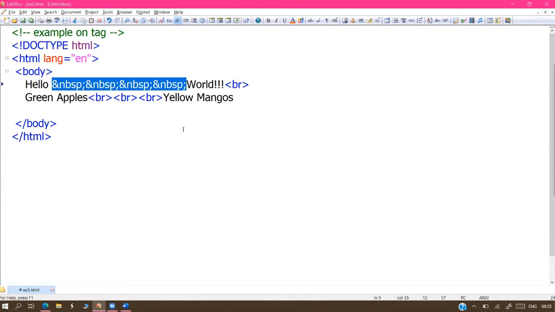If I need 10 spaces, sir, you should repeat this operator 10 times. If I need 100 spaces, then instead of this operator, we should go for CSS settings. Because if you want to print 50 or 30 spaces, this is a lengthy process. So instead of this operator, better go for the CSS settings. So that is the purpose of NBSP.